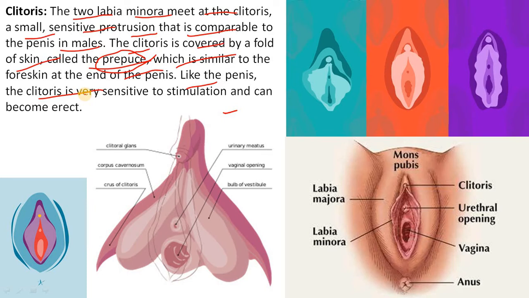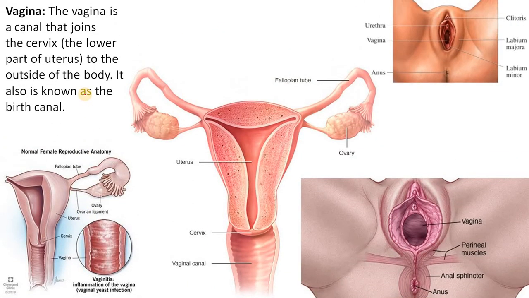This part of the female reproductive system is covered by a skin fold termed the prepuce. Okay? Similar to the male penis, the clitoris is sensitive and on stimulation it can become erect. Okay? Coming to the internal reproductive organs of the female, or the internal parts of the female reproductive system,